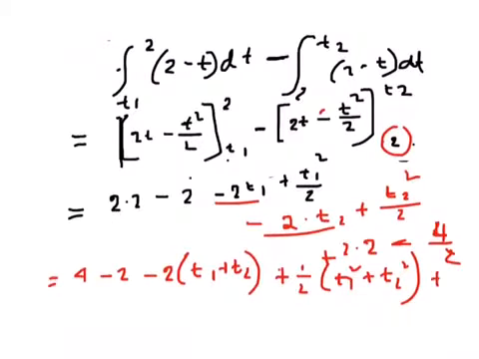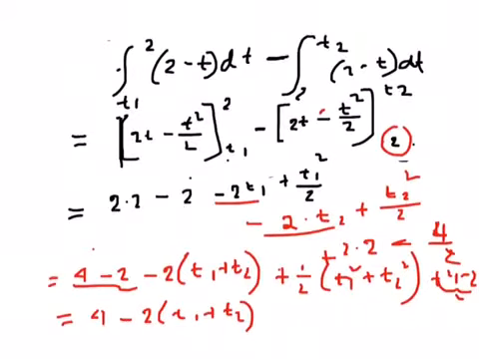then here plus 4 minus 2. So 2 here, 2 here, getting 4 in total. So t plus t2 plus half t1 square plus t2 square. So that's the